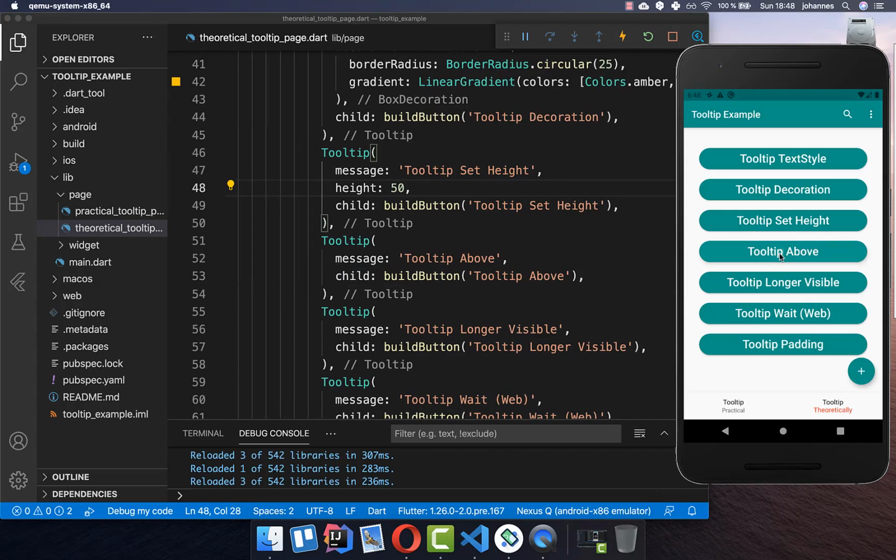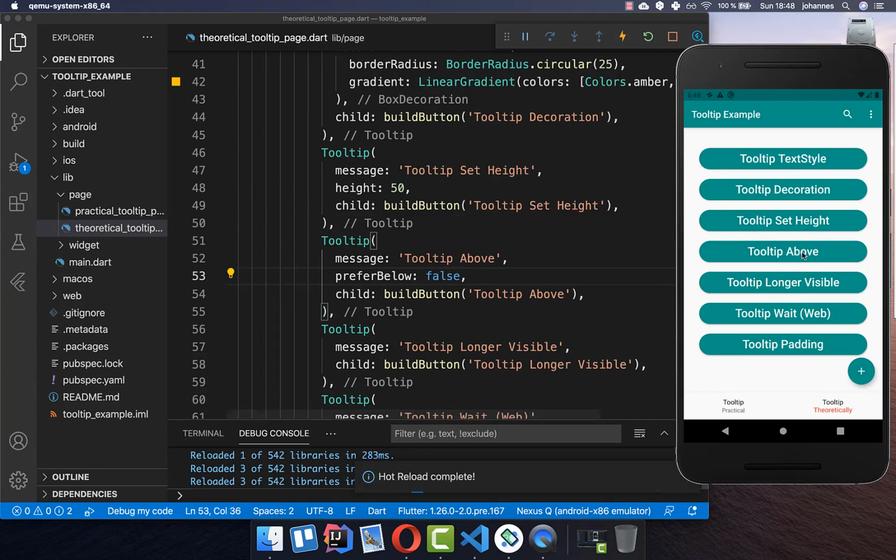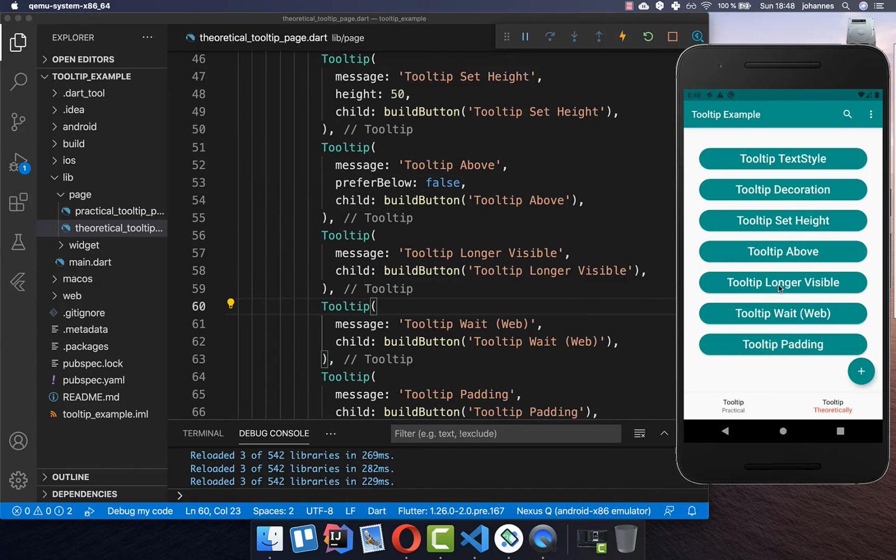Like I have shown you also before, by default it is always showing the tooltip below our widget. However, you can also set this prefer below to false, and then it will be displayed on top of this widget. Another thing you can do is to customize how long this tooltip is displayed on our screen, and